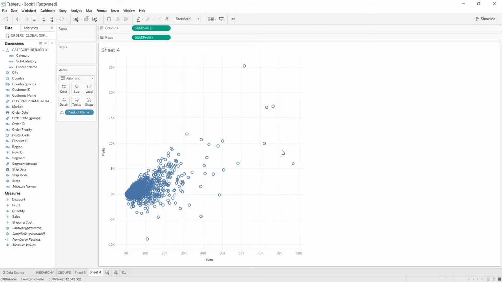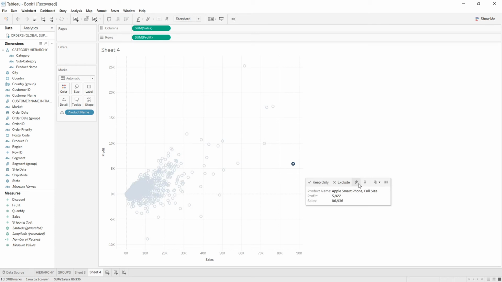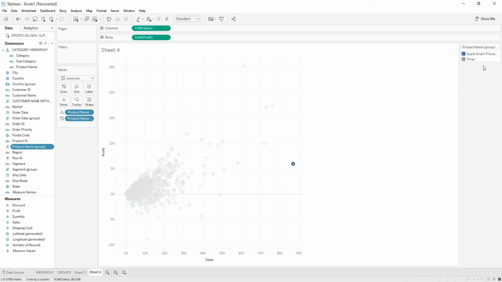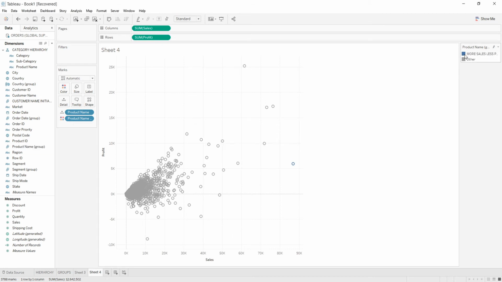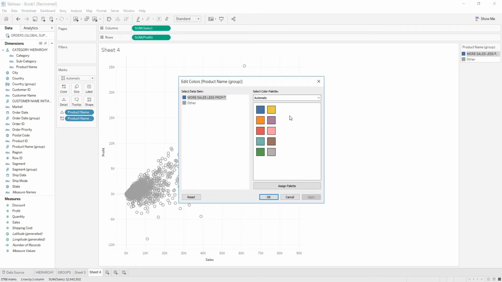So if we want to analyze this view in a better way, for that we can create groups over it by selecting this view and clicking over this button, and we can give it a name by giving an alias here, and giving the alias as more sales, less profit, and clicking on OK. Further, I am giving it a color of orange and doing apply.